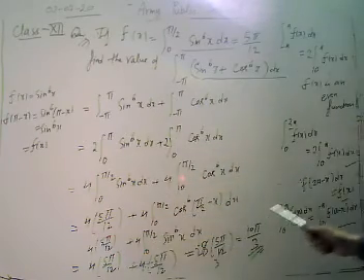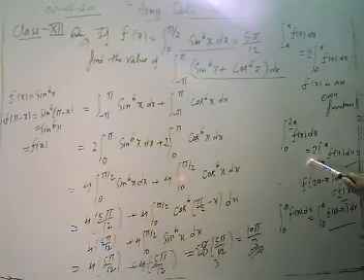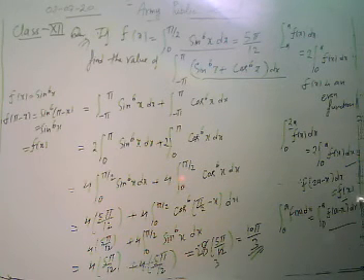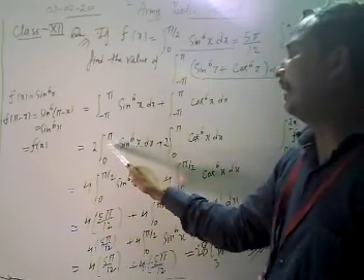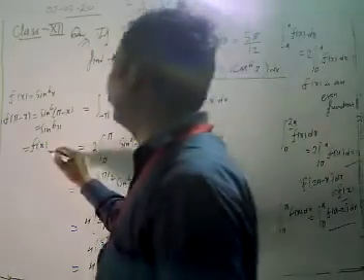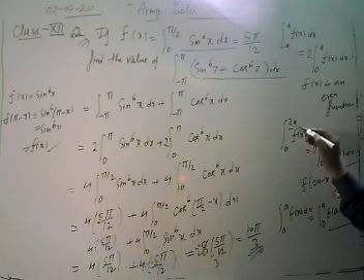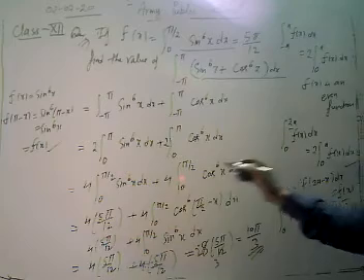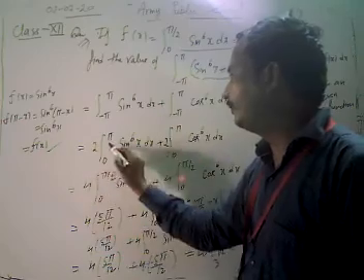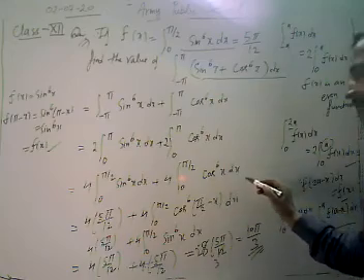Then after that, we use the property that the integral from 0 to 2a of f(x) dx is equal to 2 times the integral from 0 to a of f(x) dx when f of (2a minus x) is equal to f(x). Now we see that when we take pi minus x in sin to power 6x, we get our f(x). Here we have easily verified it. From property number 7, the interval is halved, so we have 2 times 2 times the integral from 0 to pi by 2 of sin to power 6x dx plus 4 times the integral from 0 to pi by 2 of cos to power 6x dx.